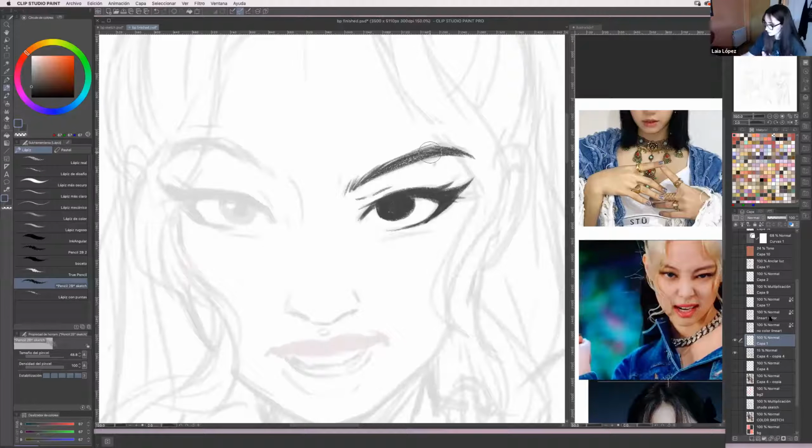I often turn off the sketch layer so I know if I like how it's looking on the clean layer.